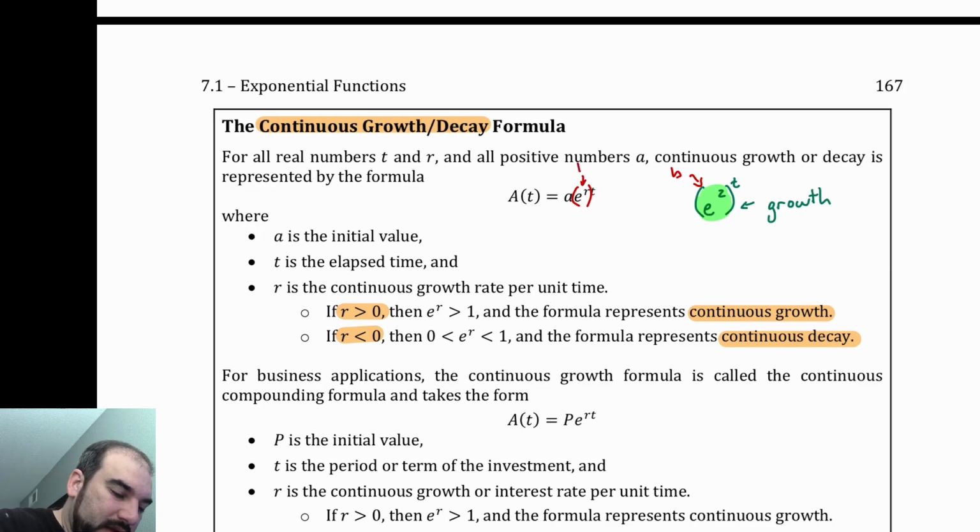This thing in here is the b. So if I have e squared, that's exponential growth, because e squared is a number that's bigger than 1, right? But on the other hand, if I have e to the negative 2, and then that's to the t power, this is going to be decay, because e to the negative 2,